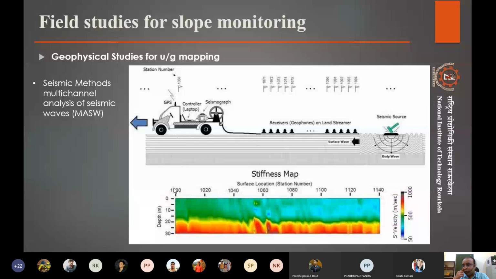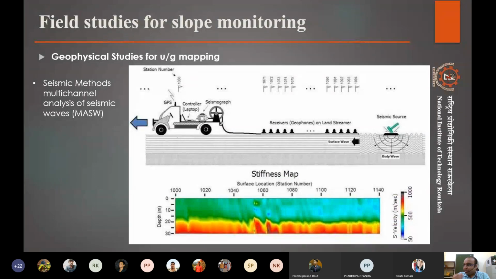Now, all these studies need some referencing. So it is always good that a single borehole data or some other type of survey data is available at certain points. If we have borehole data at any of the points here, we can cross check these values and then find out accurately what kind of material is there, right?